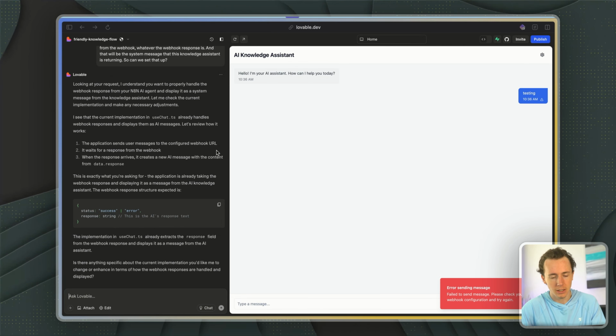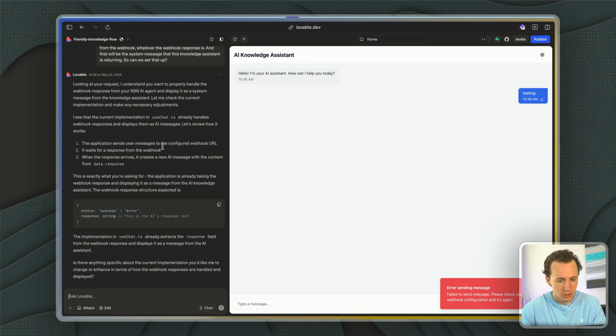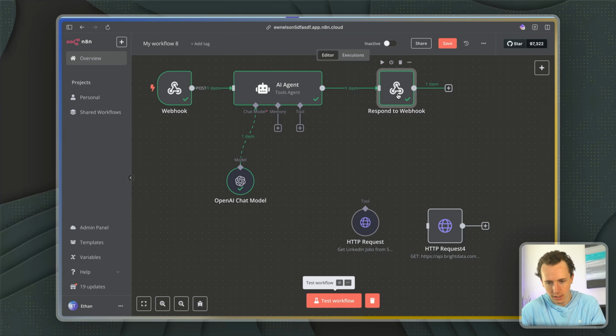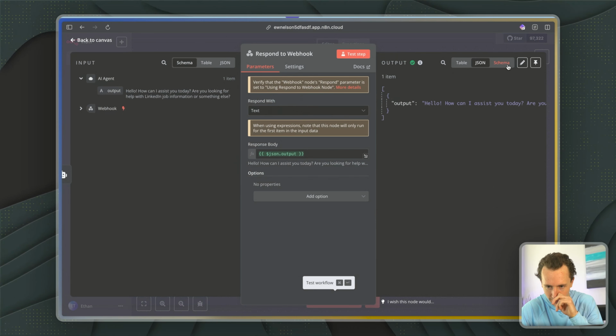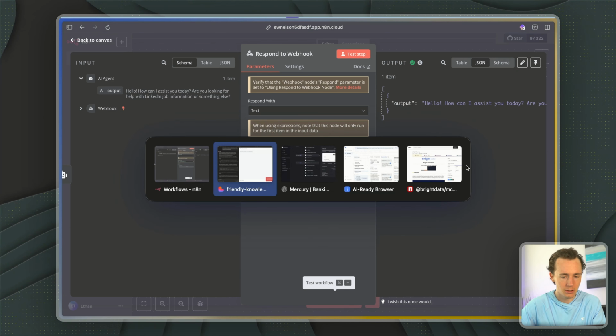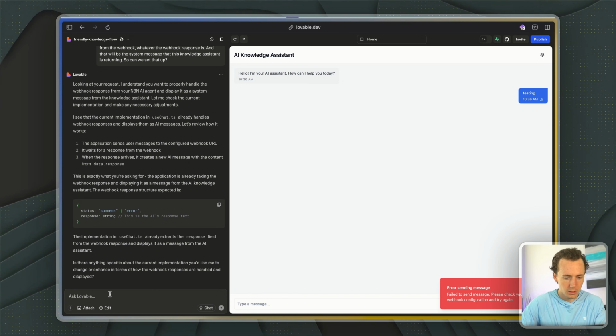And then I think it's because the JSON is not in the correct format. So we're just going to go back to n8n over here. We're going to see if it's because of the JSON. And I'm basically just going to copy this JSON. So I believe I can just go in here, copy, and then I'm going to go into Lovable, and I'm going to say,